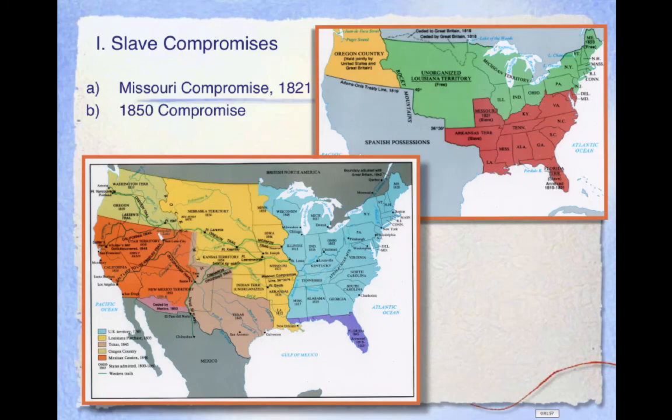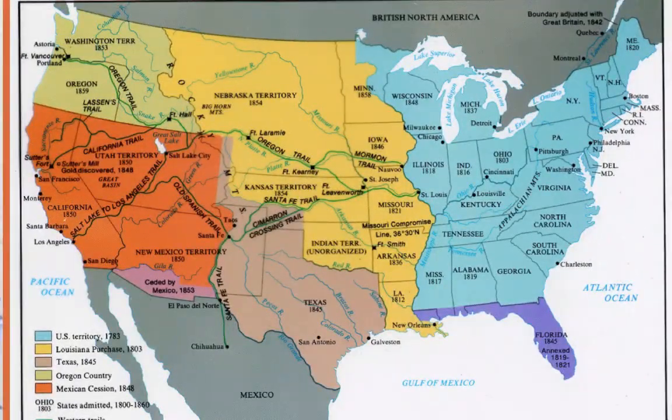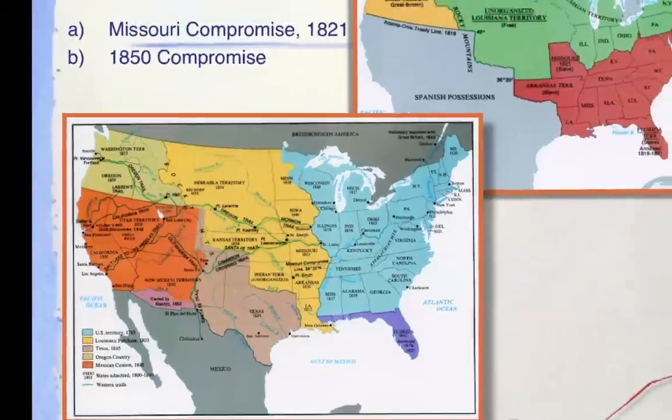The Compromise of 1850 was government's attempt to negotiate slavery, but instead of resolving issues, problems intensified. This compromise was a package of 5 bills passed by Congress in 1850. This included acceptance of California as a free state, Texas giving up claims to some of their western land, organization of New Mexico and Utah into territories, banning the slave trade in the District of Columbia, and the Fugitive Slave Act. The Fugitive Slave Act was the key source of tension.